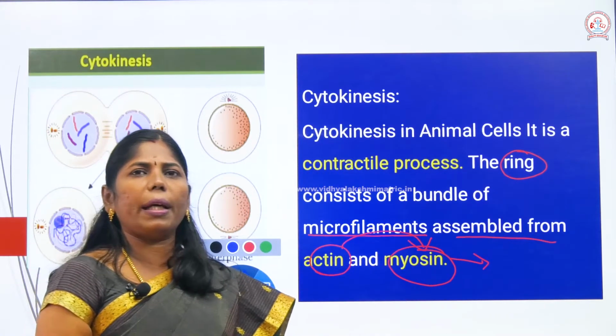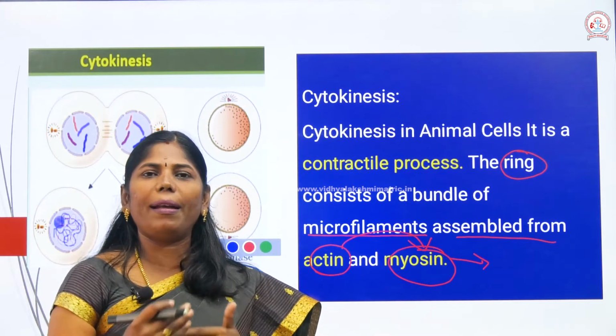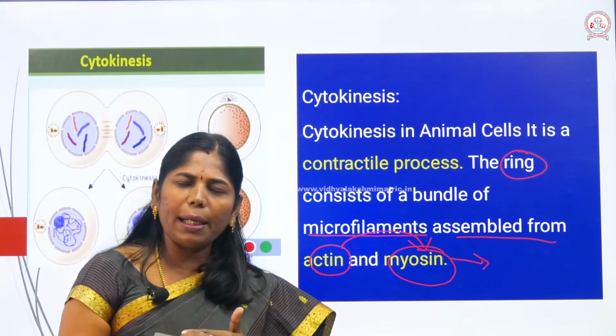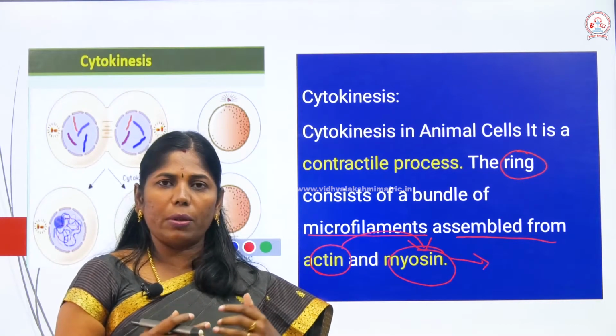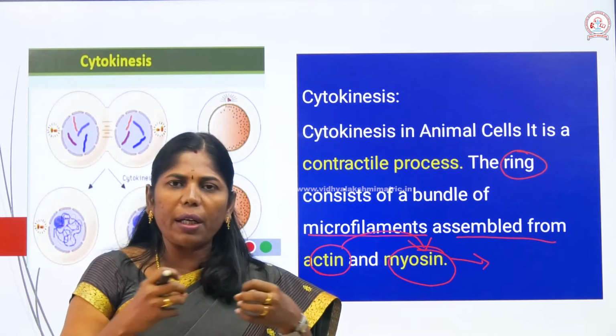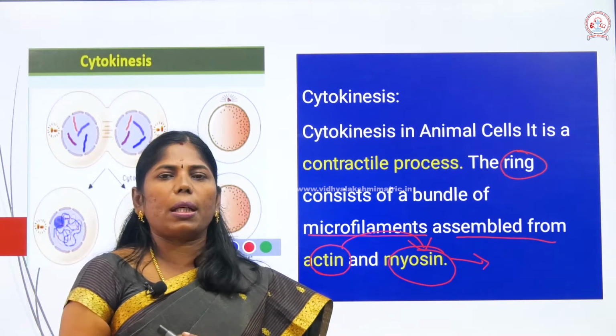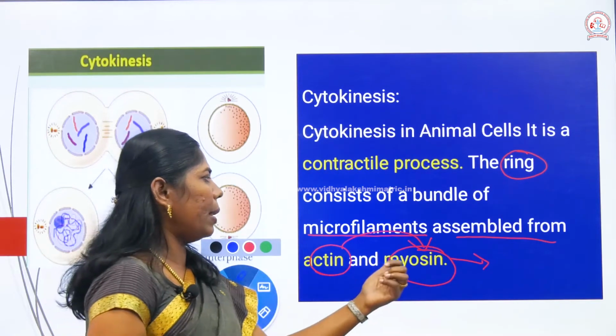So myosin has to transform chemical energy into mechanical energy. Okay, so what is the chemical energy? In the form of ATP. So the ATP energy is converted into mechanical energy, because both of them have to move, right? Both of them detach from each other. The one that gives that mechanical energy, if you look, is myosin.